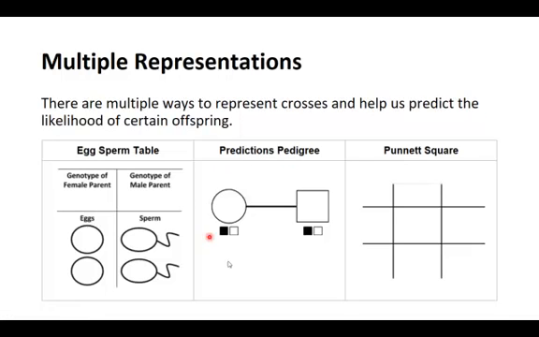Another one is called a pedigree. That's sort of like a family tree. And one of them is called a Punnett square. You're going to practice this in activity 3.3c, and there is another video that shows you exactly how to use these with our geckos. But for now, I just want you to look at all three and realize that these are multiple representations of the same thing. So these are all representations of how this works. And